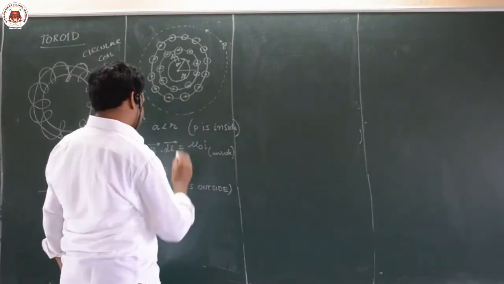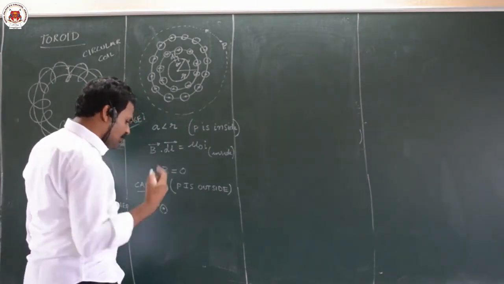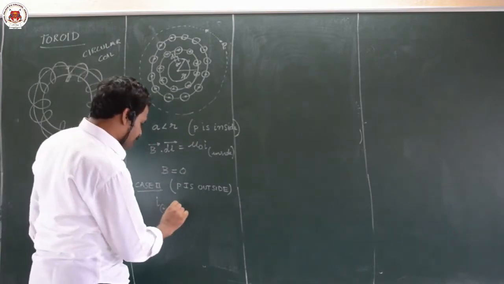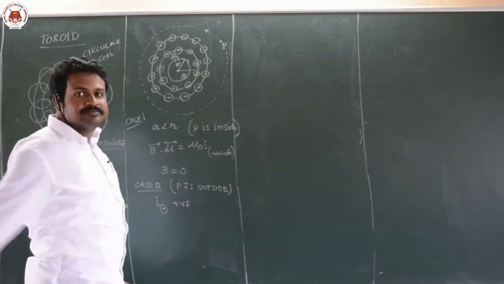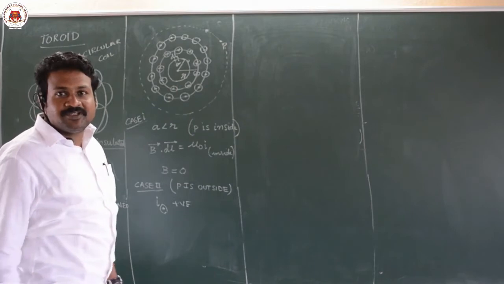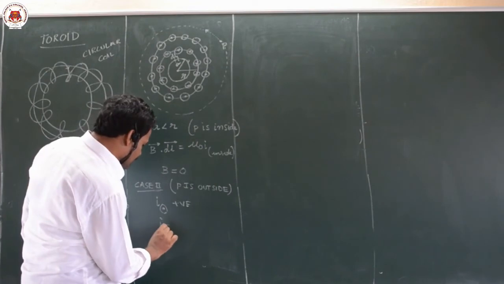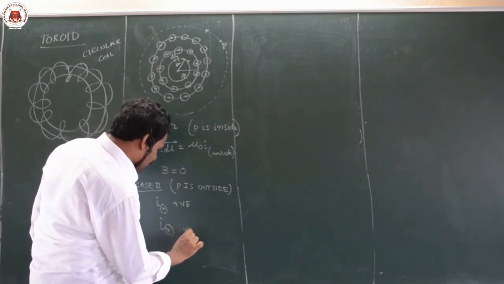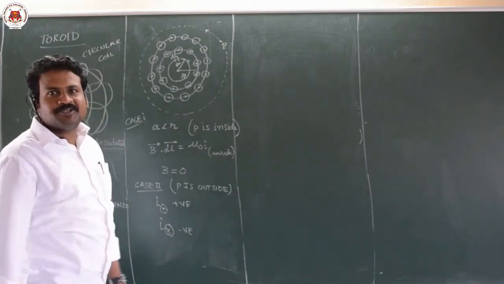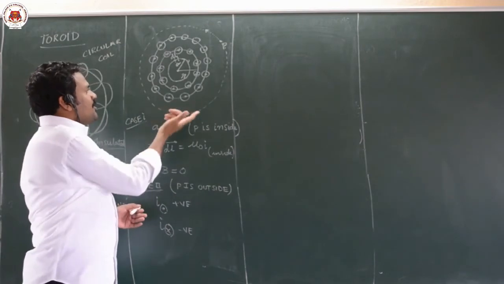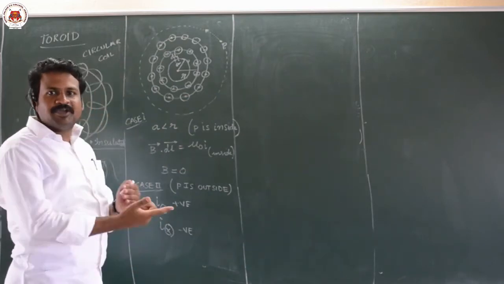Let us take this as current out, I out. This symbol indicates current out is positive. Then current into should be negative, if one is positive, the other should definitely be negative. So current into is negative. Now whether these two are equal or not? Equal only, both are I only. Current I goes out here, the same current after some time goes inside, because it is the same coil.